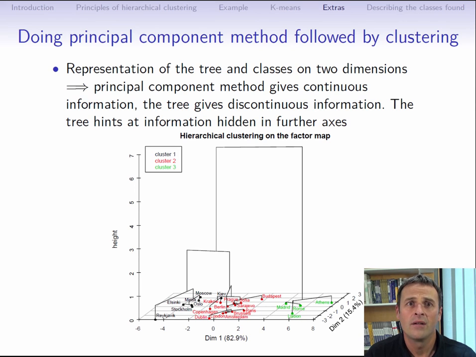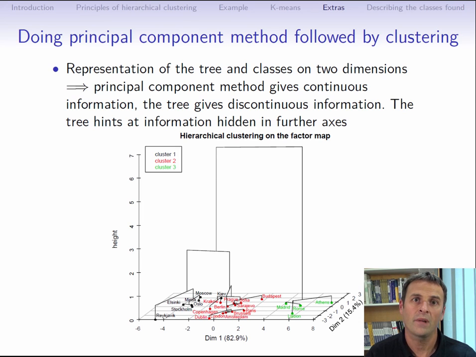Another positive when using principal component methods along with clustering is the possibility to represent the hierarchical tree as well as the classes on the first principal components. If we manage to put the points, the hierarchical tree and the individuals colored in terms of their class on the same vector plane, we get 3 types of information for the price of 1. In particular, we get a continuous vision of how things are due to the principal component method and a discontinuous one using hierarchical clustering, which also gives us information about what is happening in the 3rd and 4th dimensions, for example.